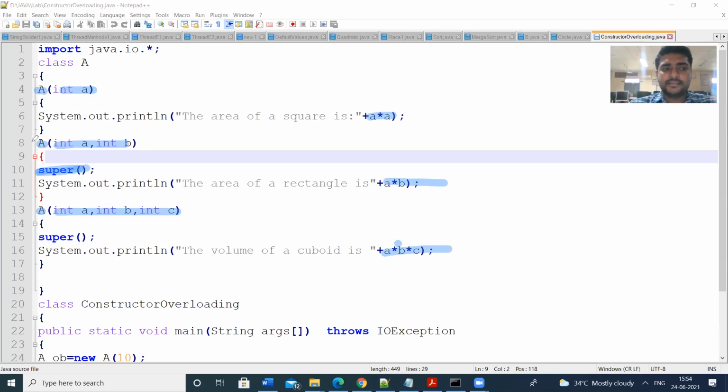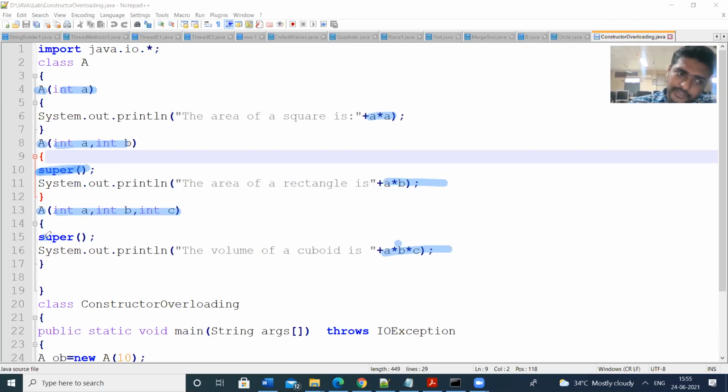Why? Because we are using the same constructor name. That means there should be some reference to the compiler. The compiler identifies that both the constructors have the same name. So which constructor has to execute? The most recent one will be displayed. So in order to let the compiler identify, this is the super method. That means the previously defined one is the super. The compiler will identify that there is another constructor with the same name.